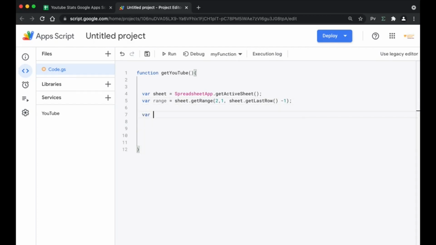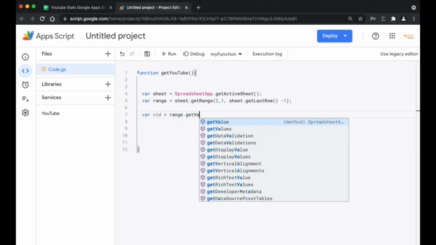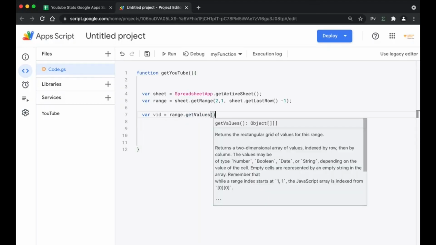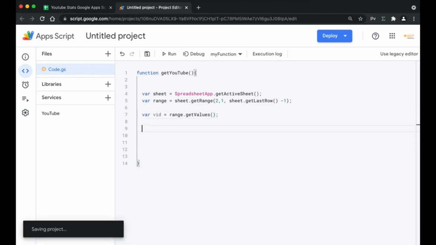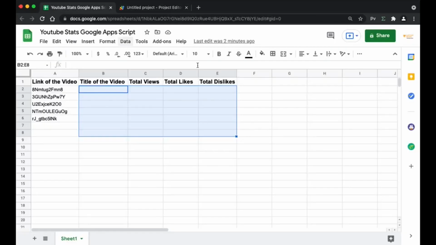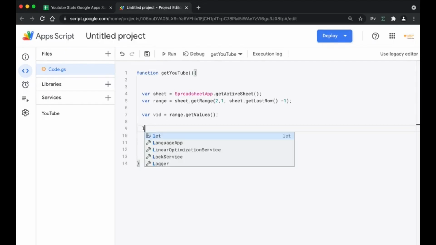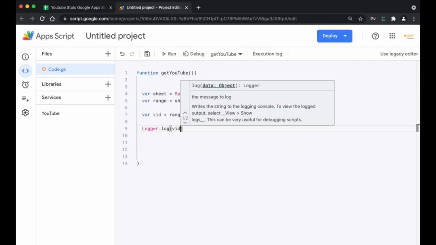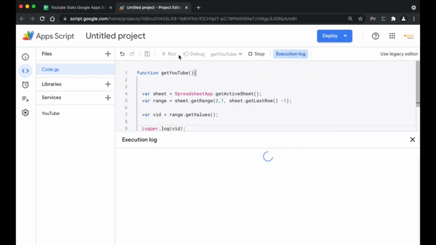Now let's get the values. We've got the range, and we need the values of the sheet. So we're going to use the range that we declared before, dot getValues. Since there's more than one, we're going to use the getValues function. Now we are done. The next step is getting the links of the videos. Right now, if you go ahead and do Logger.log of vid and run it,